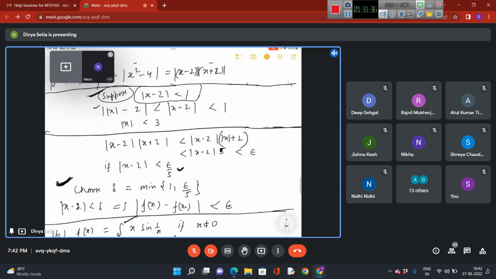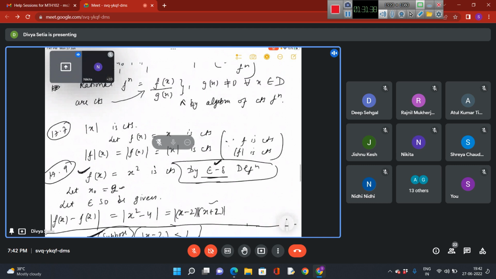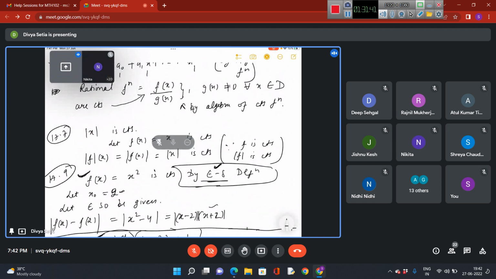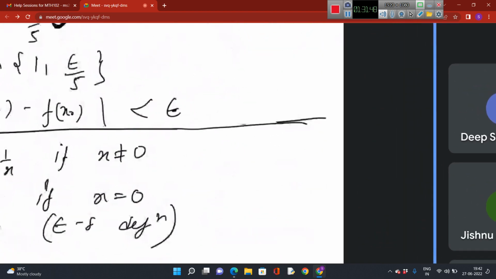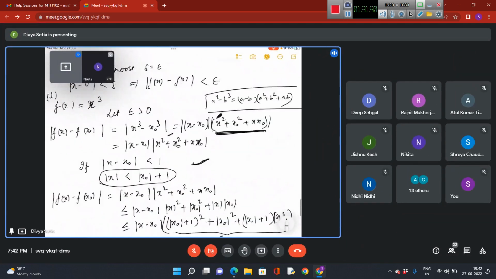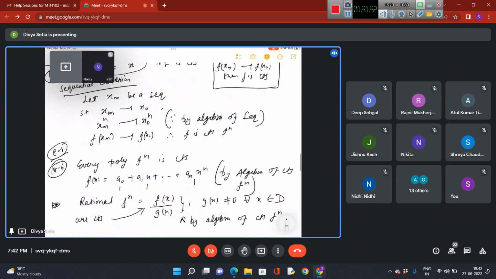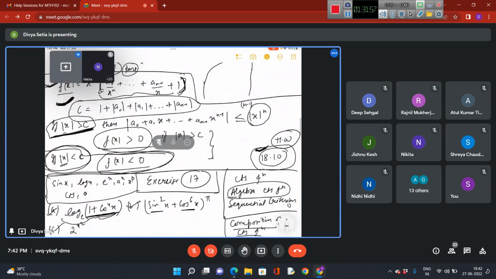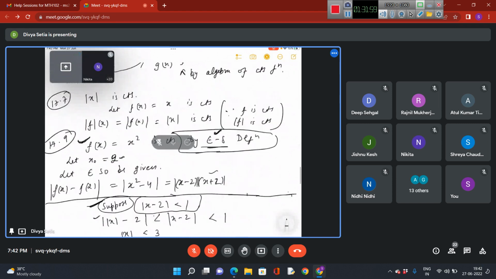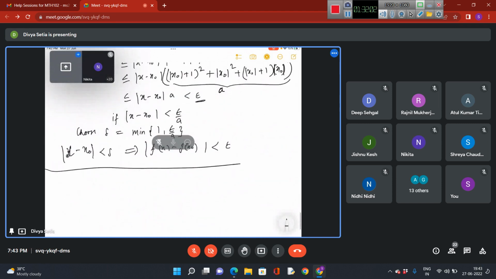Fine, I'll send you the notes by tomorrow night. If I don't send the notes, someone just remind me, because last time Rajneel reminded me of sending the notes, because there are so many things going on here and I can forget. So someone please remind me if I don't send it today. Practice all such exercises, all the things, all back exercises. Try to solve as many questions as you can, because this time we are really very slow. This time we are not in any rush. You have a lot of time